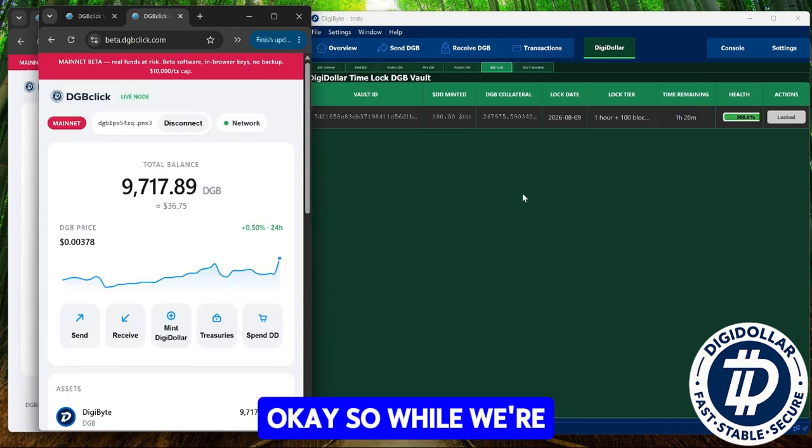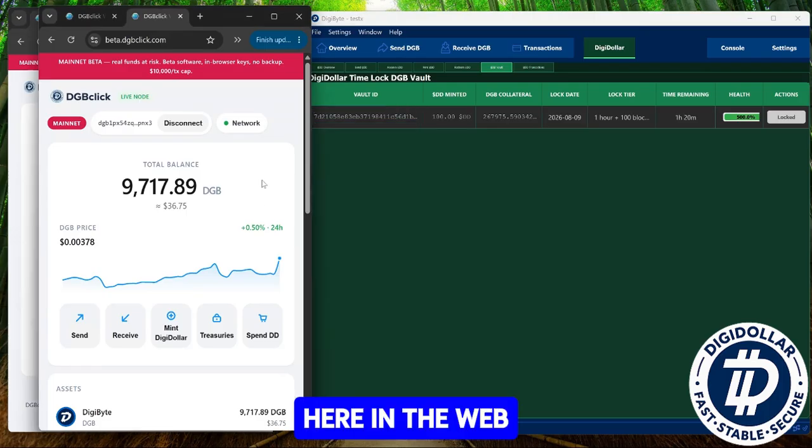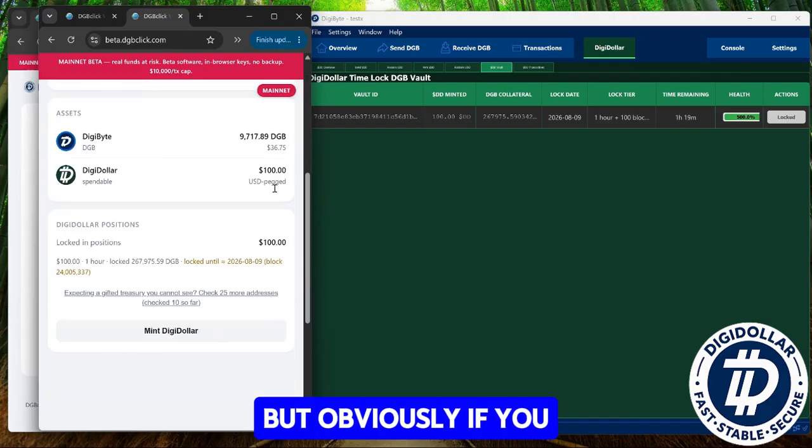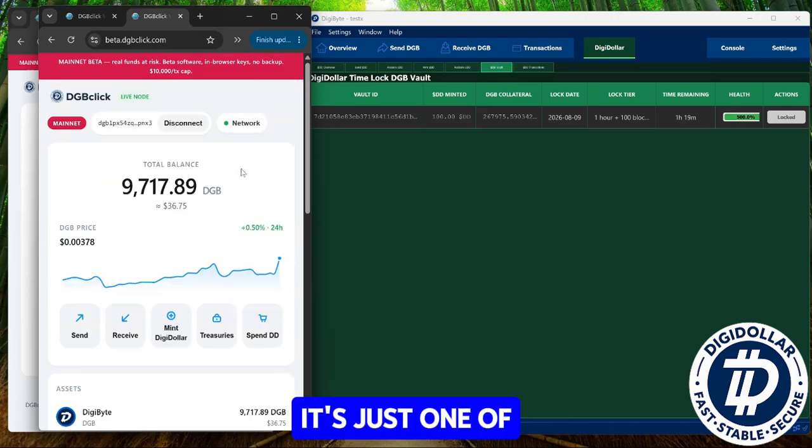Okay, so while we're waiting over here in the core wallet, here in the web wallet, I'm going to tell you what some more of these buttons do. Now, the one thing that I might change is the settings button. I think it's settings, but obviously if you scroll up and down, you can't see a settings button, right? It's just one of those things. Tell you the truth, it's the network. You see this where it says network? When you click network,